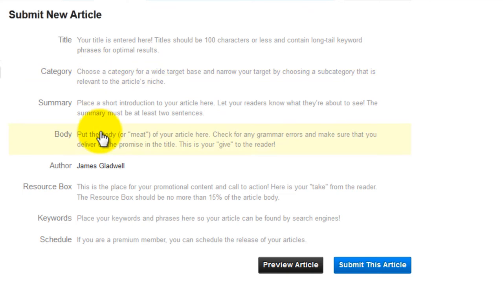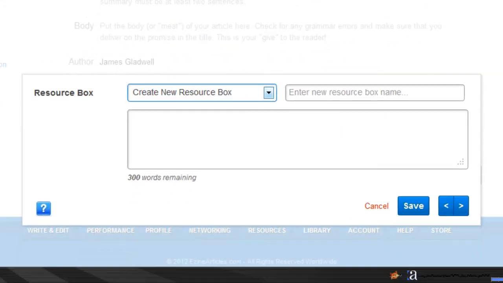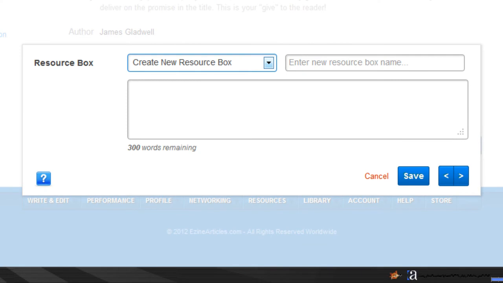You've also got all these other areas here. The one I'm going to focus on right now is the resource box. This is a part where you get to promote yourself and get people to come back to your site. Now the cool thing with this is that you've actually got the ability to do links back to your site that are content rich or SEO rich, because you can actually put your keywords as the link back to your site. The reason that's a good idea is because Google will see that link back to your site,